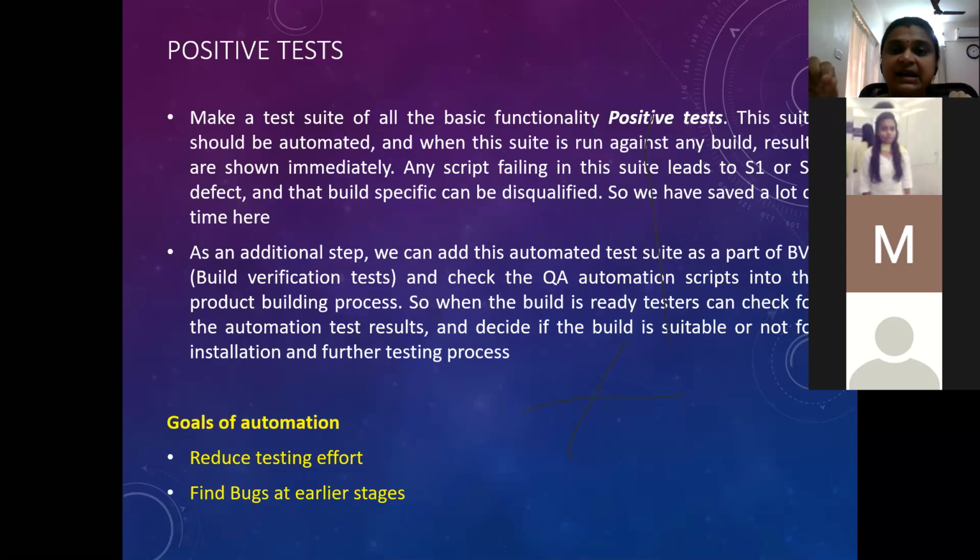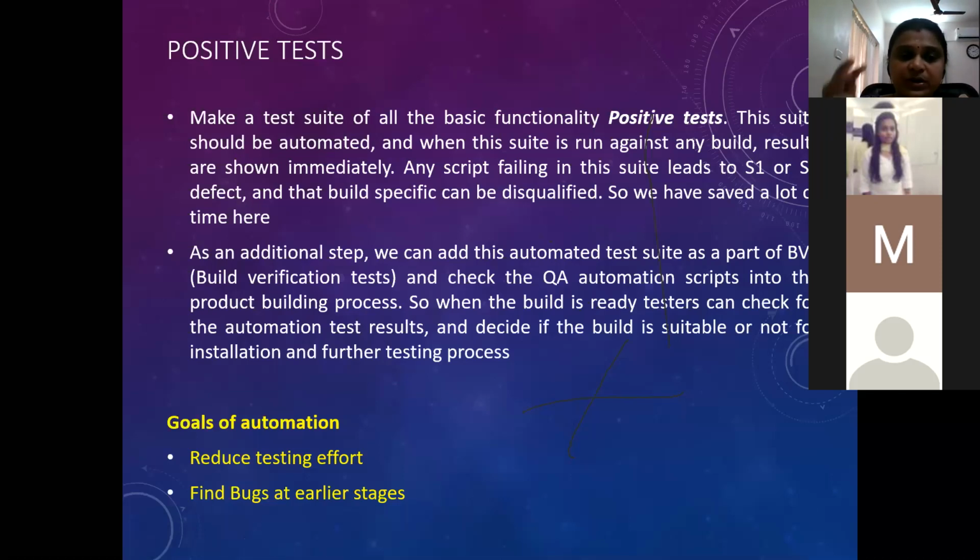And we generally classify defects based on their severity rating. What is considered highly severe, where the requirement is not met or it leads to a complete failure of the system, those are considered high priority defects. So severity 1, severity 2, such types of defects we want to pay attention to first. So that is where we create all these positive test cases.